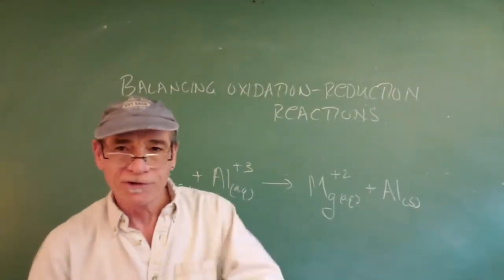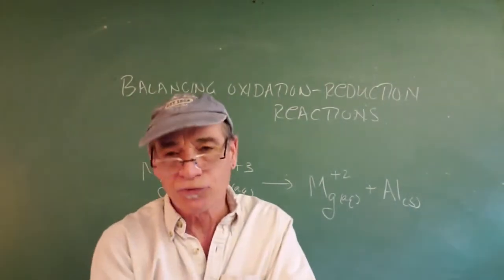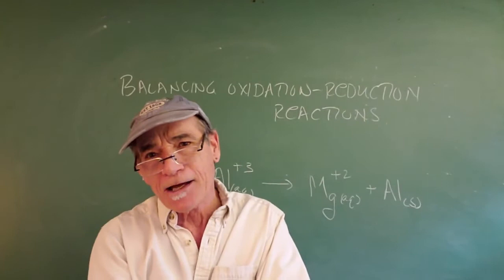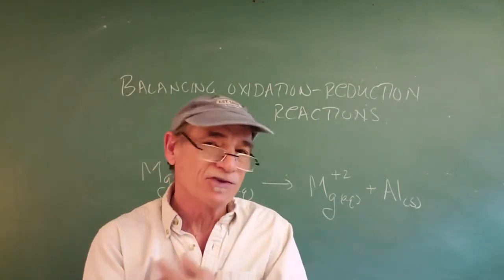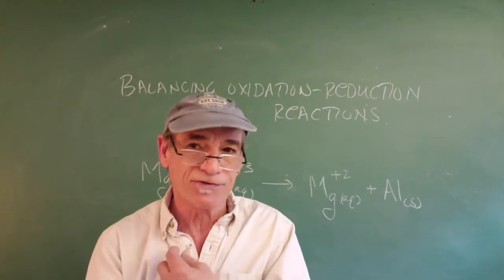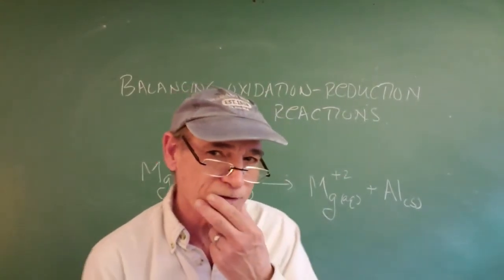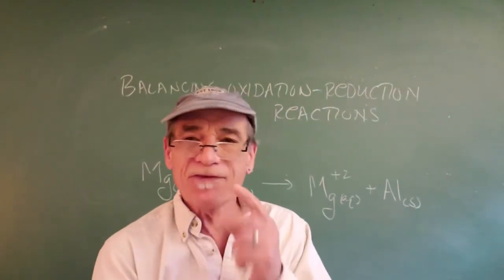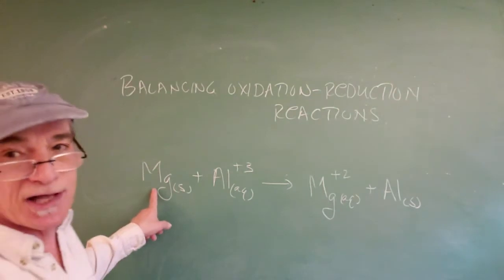Okay, well here's the fundamental idea of balancing reactions by looking at the electron exchange that's involved. I mentioned that in oxidation-reduction reactions, it's a transfer of electrons. Something loses the electrons, the species that's oxidized. Something gains them, that's the species that's reduced. So if I were to show you just a simple net ionic equation, for instance, like magnesium solid,